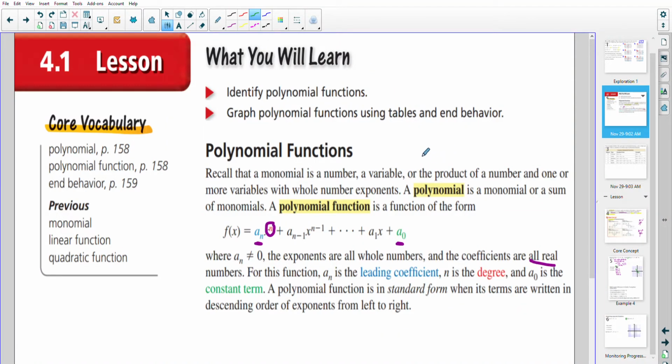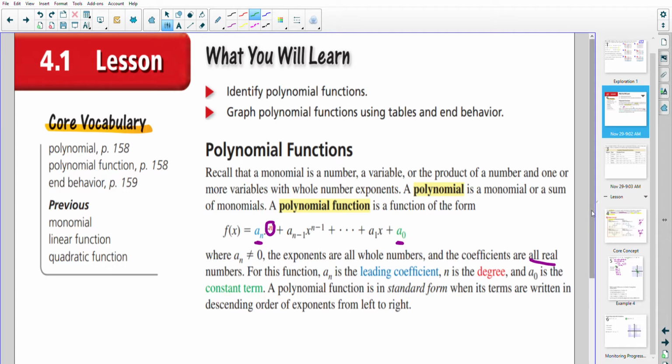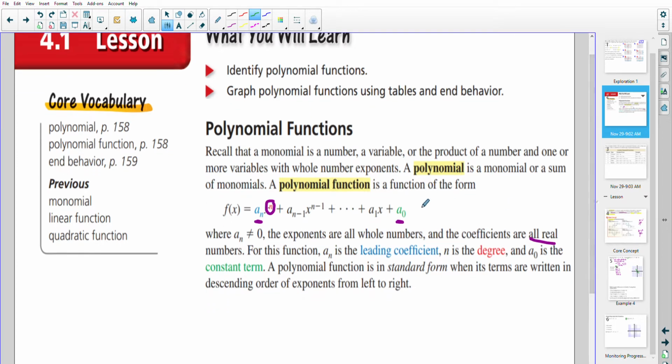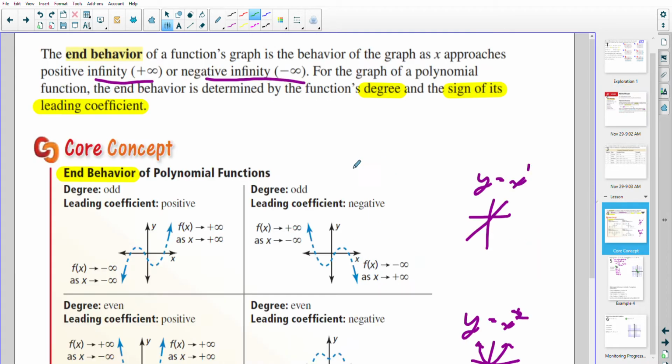Second lesson on polynomial functions, 4.1, is where we're going to graph a couple. And just remember that you have exponents that decrease, and they're going to be whole numbers. You have a leading coefficient, and the leading coefficient is going to indicate the direction of the graph, as well as the degree. So when you look at these general shapes